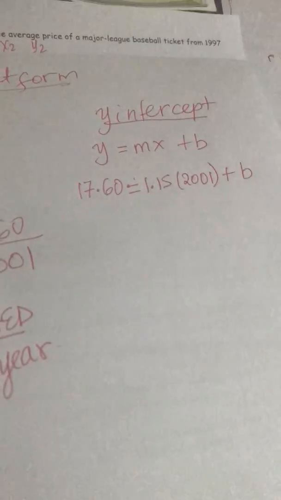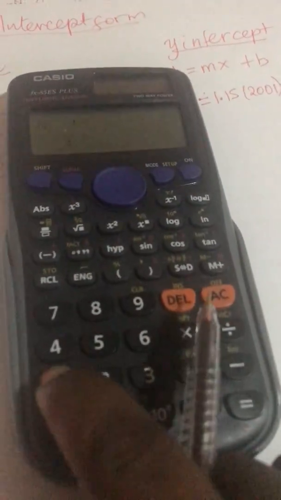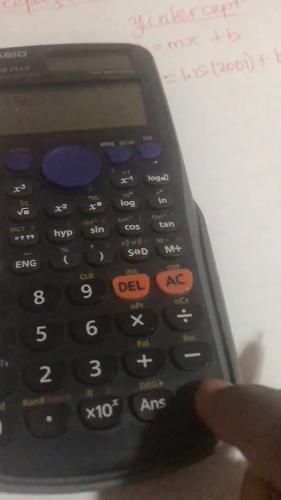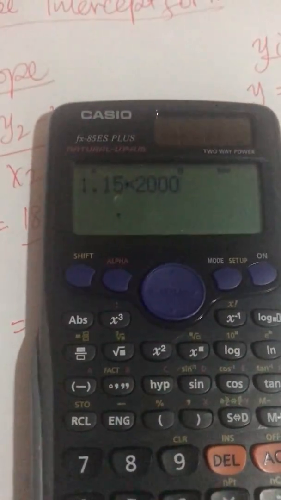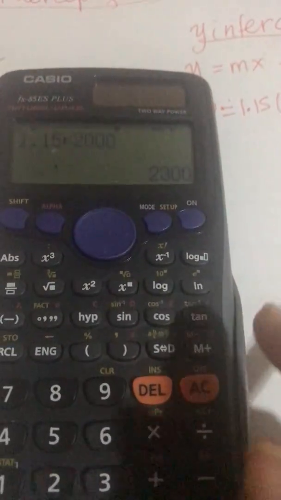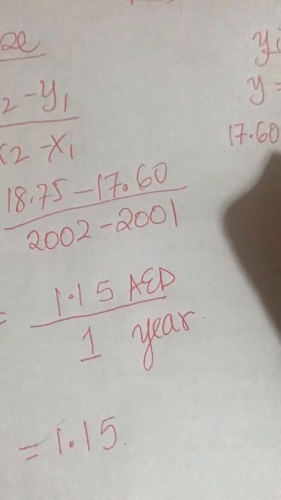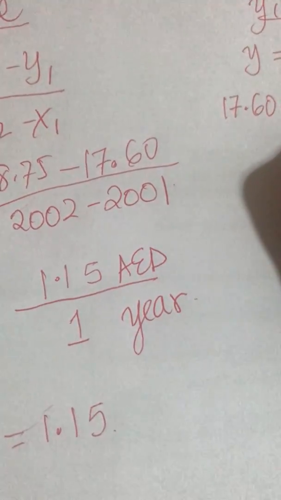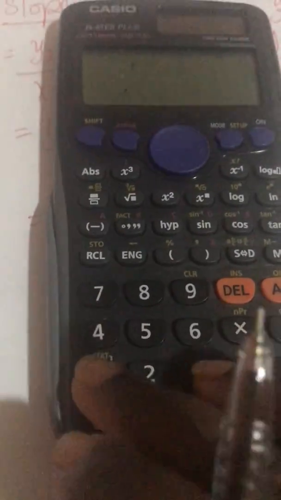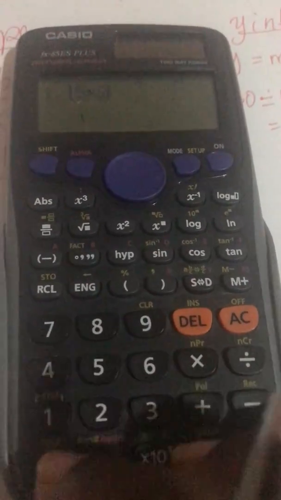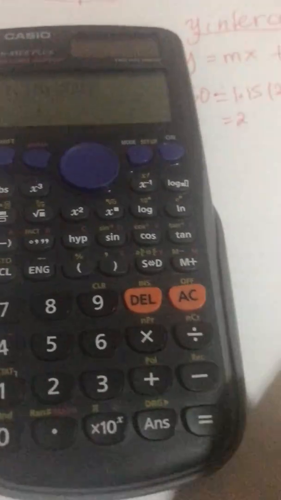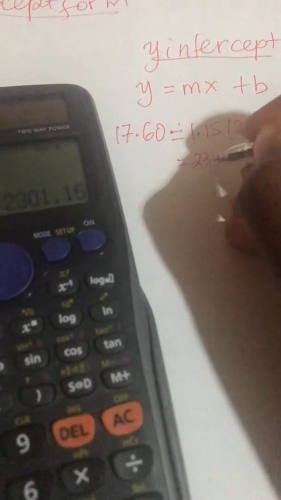Okay? Now, we need to do this. Where's my calculator? Okay. All right. So I will multiply 1.15 times 2000. I don't even know why I use the calculator. I should be able to do this without the calculator. So, there you go. What did I do? Sorry. Wait. 1.15 times 2001. There, 2,301 and 15 fils. Plus b,